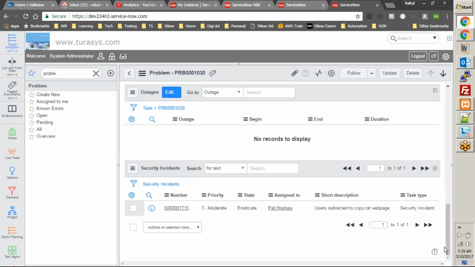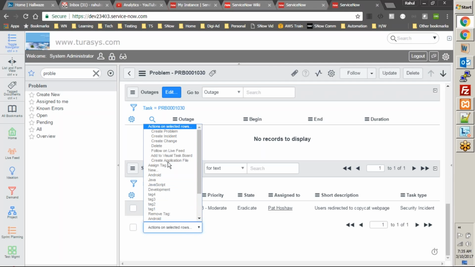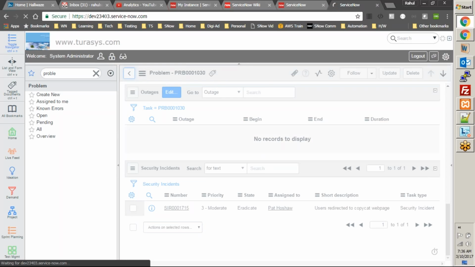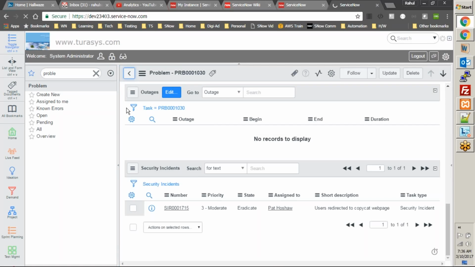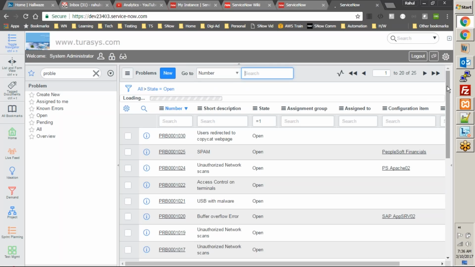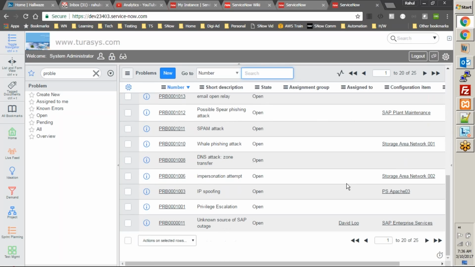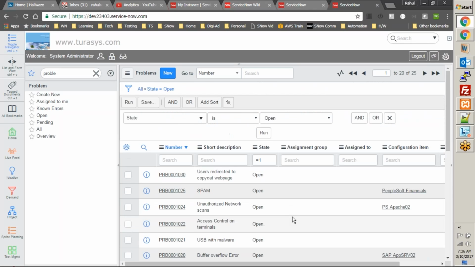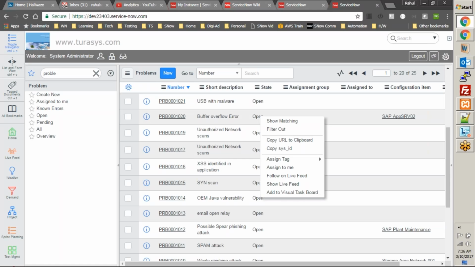When we scroll down, we see there is an action drop down on the page that contains certain actions related to the form or related to the list. If we go back to the list, we have an action drop down on the list as well. Apart from that, if we go on to, let's say, this list of records,